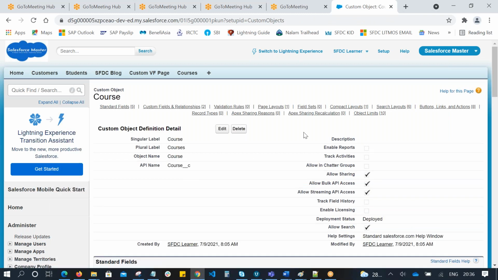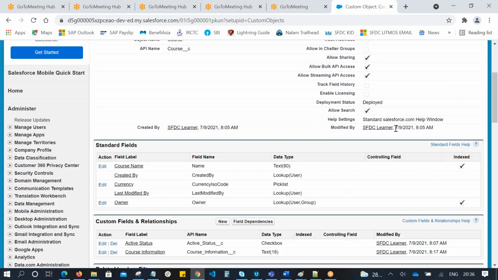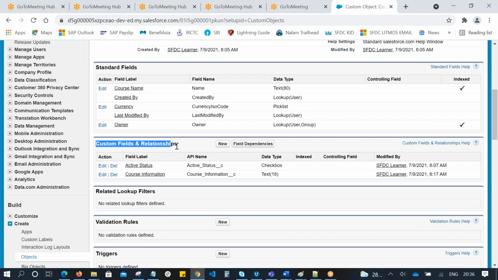In the course object, you can see the option of custom fields and relationships. Here I want to create a new relationship. I want to relate this course object with the student object. Under the custom fields and relationships section, we click on new.